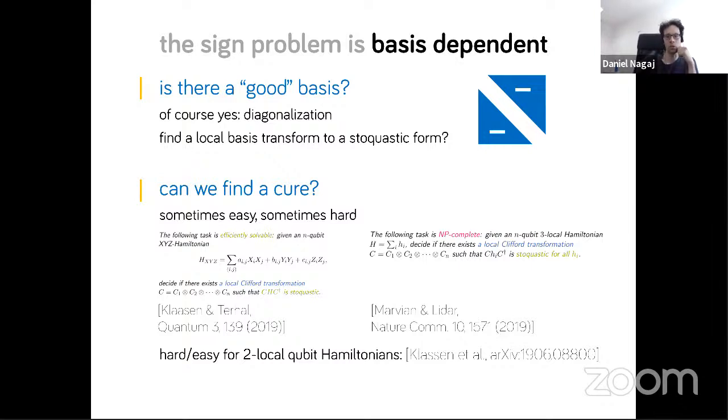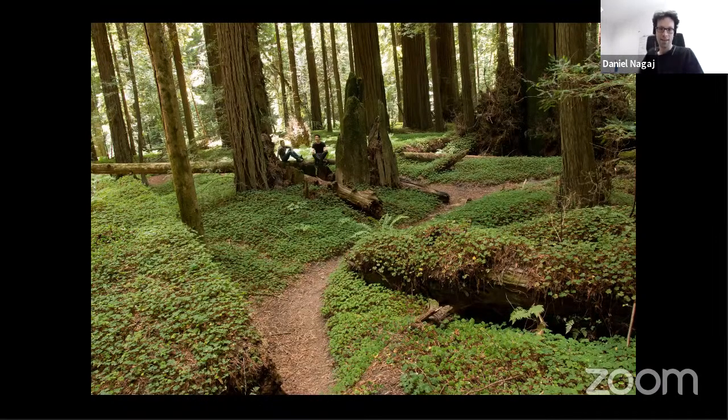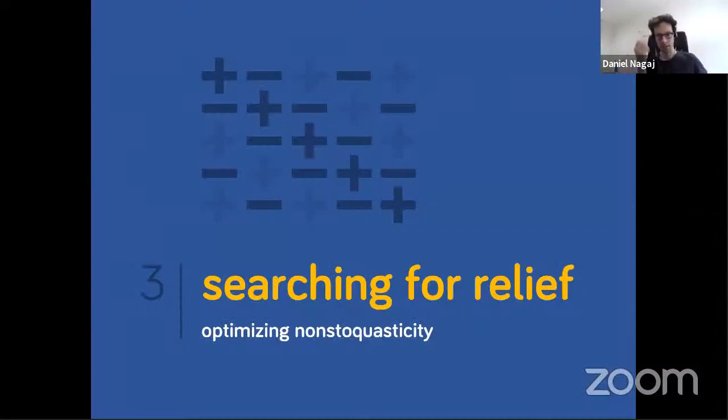So what is the path that we took? In dealing with the sign, we want to find not a path to our goal directly, but a path that makes things at least a little easier. So instead of trying to cure the problem, getting rid of the sign problem completely, we search for at least some relief. We try to make the sign problem less prominent. So instead of having the average sign be near zero, we want to make it larger, and that again decreases the variance and decreases the need for taking many samples and so on. So we want to optimize the sign.